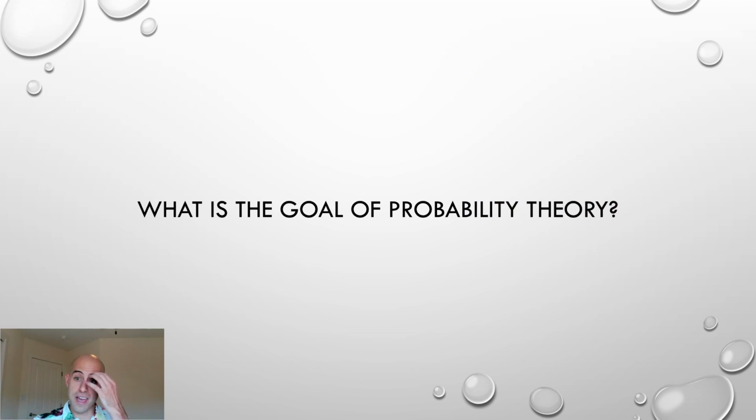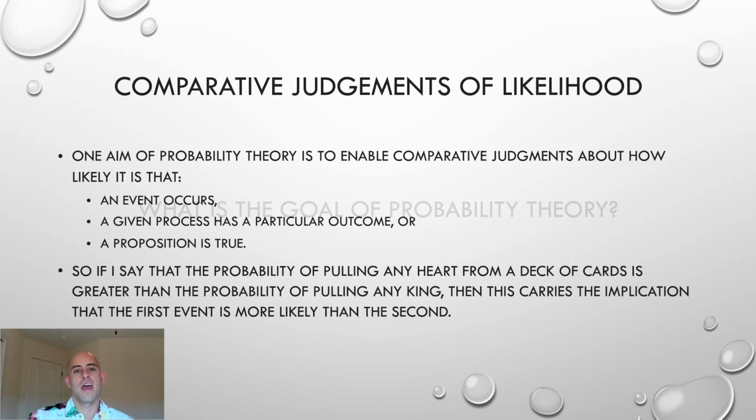We'll turn now to thinking about what the goal of probability theory is in a way that goes beyond just being good gamblers or whatever, where gambling could be casino gambling, but also should I take an umbrella or not? Is it going to rain later? But going beyond that to think more generally about what it is that probability theory is even trying to do. And I think that at its core, one crucial aim of probability theory, and it's the one that we'll stick with for this lecture,